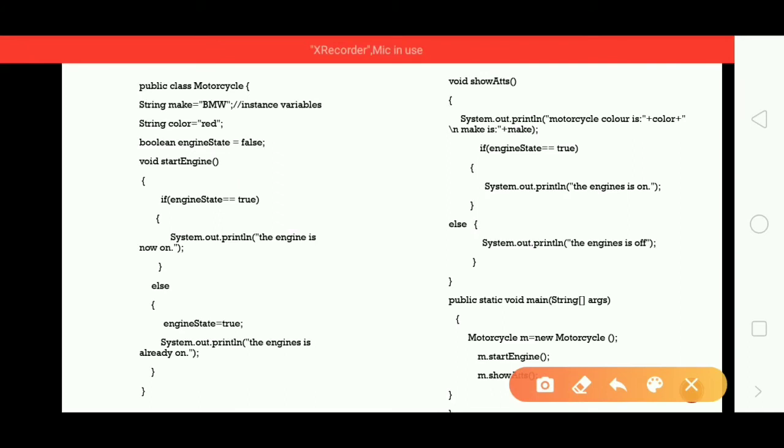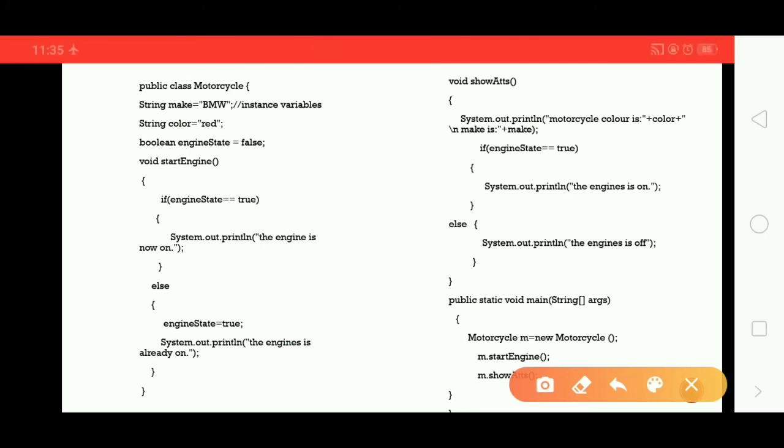If it is true, then I want to print the engine is already on. Otherwise, else, if the engine state is off, that is false, then I am making that true, then displaying the engine is now on. If I call the method void start engine, these are the set of statements which are executed.